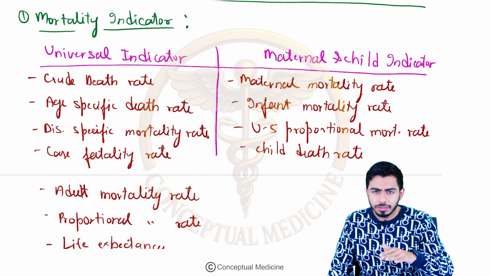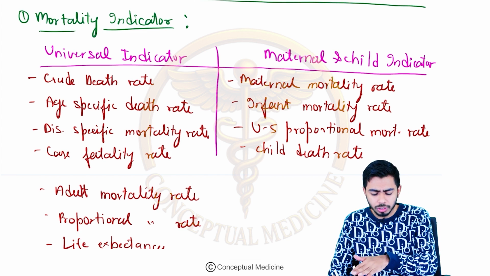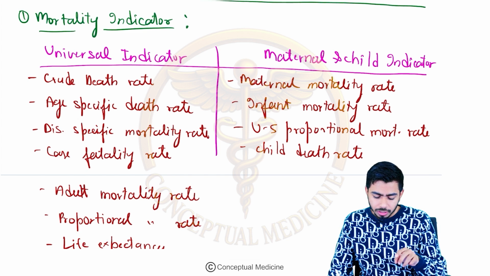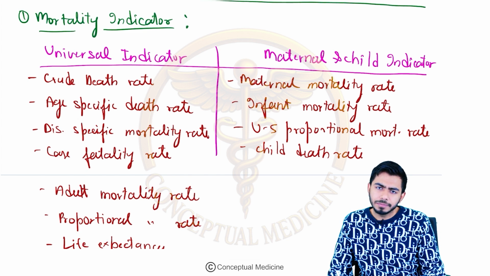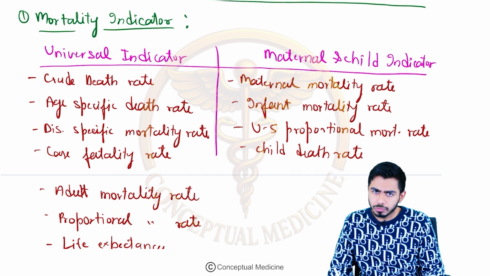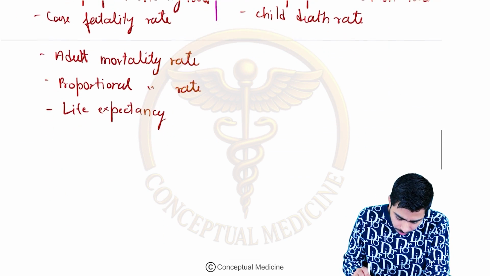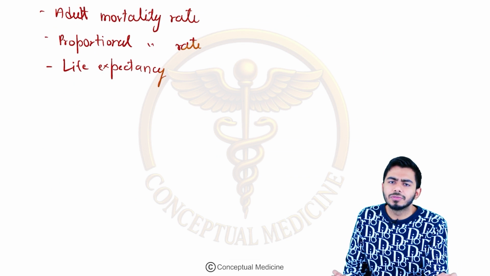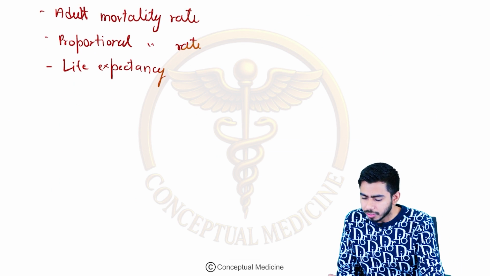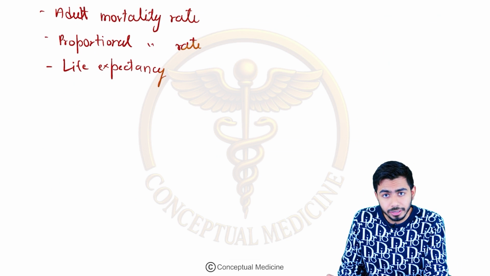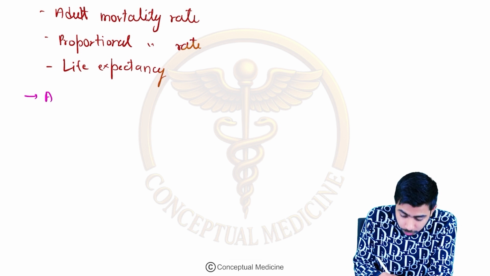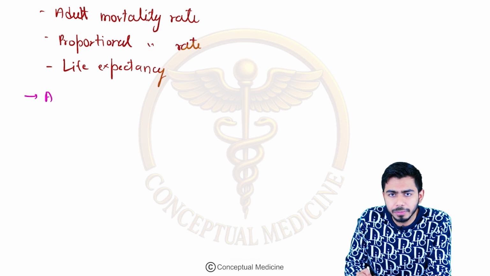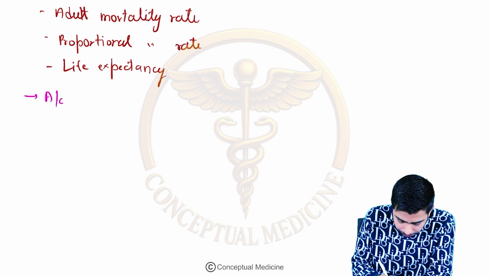Very simple to understand. Just remember the mortality and the death word, okay? In almost all these indicators, almost all the rates have mortality or death in them, and it is very easy to recognize also, right? By the help of these rates, we are actually determining the mortality rate. According to the UNDP, United Nations Development Program,